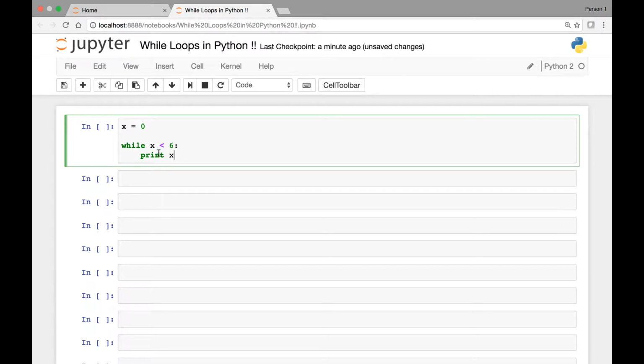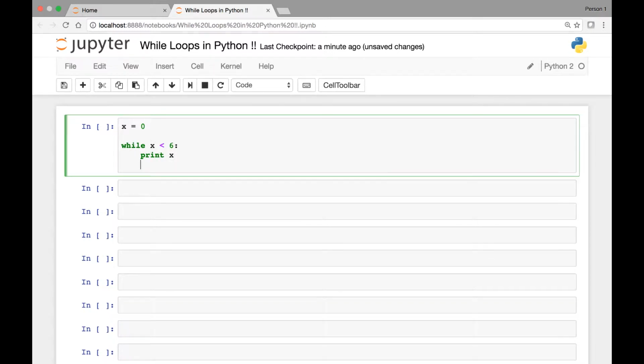So in this simple example of a while loop, we first initialized our condition, which we set x to be equal to 0, and then we said while x is less than 6, print x, and then we'll say x is equal to x plus 1,